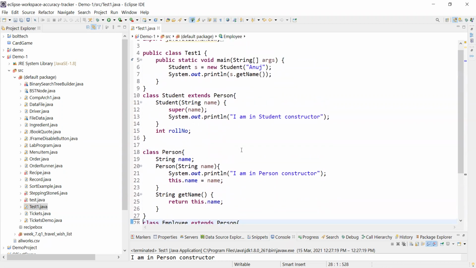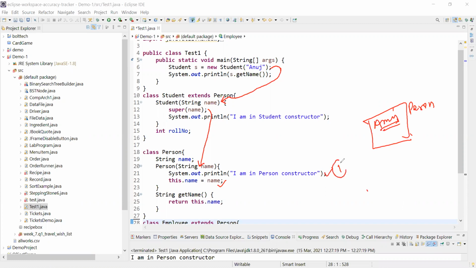Yes, so this is the code we have, and from the main method we are saying create an object of student, and it will go here. When it is inside this constructor, it will go here, right? It will create object of person. It will keep name in this person object here using this, and will print this statement.